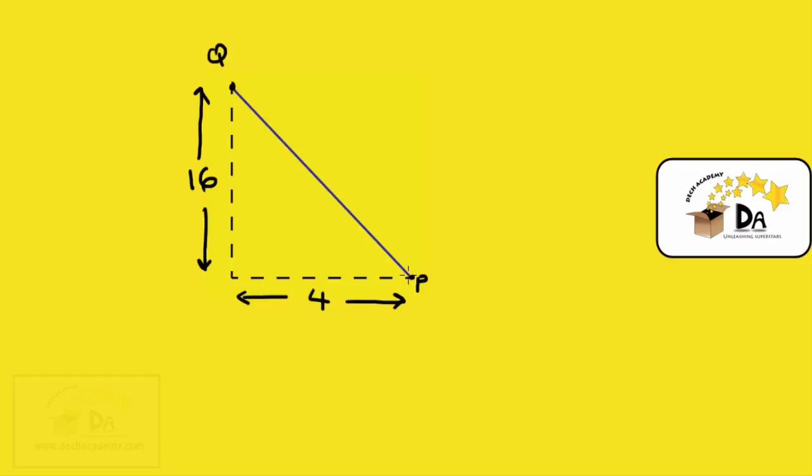Now, because line PQ increases in height relative to the imaginary horizontal line as you move from right to left, we know that this line must have a negative slope, i.e. its gradient must be a negative number. Now, to determine the gradient of line PQ,